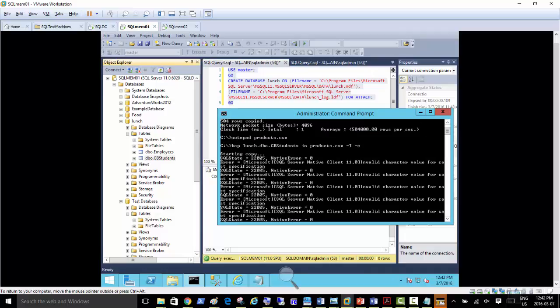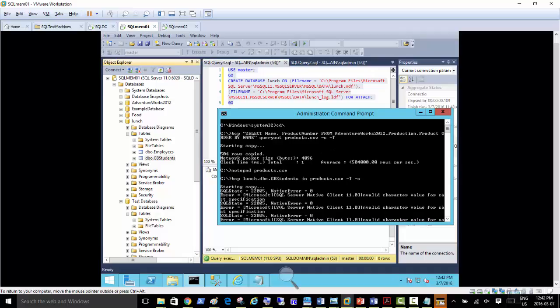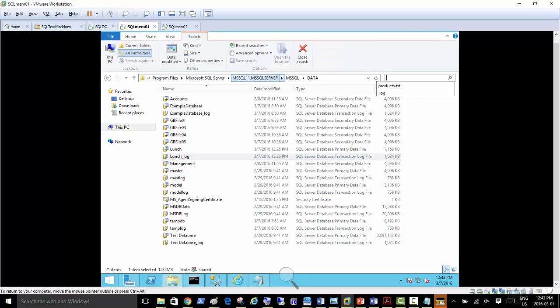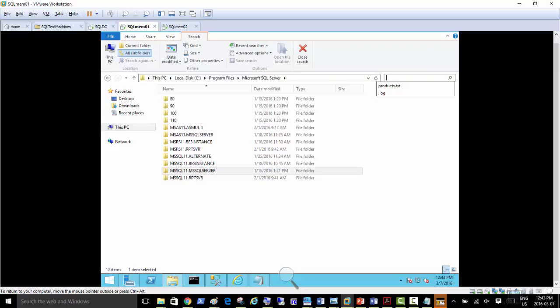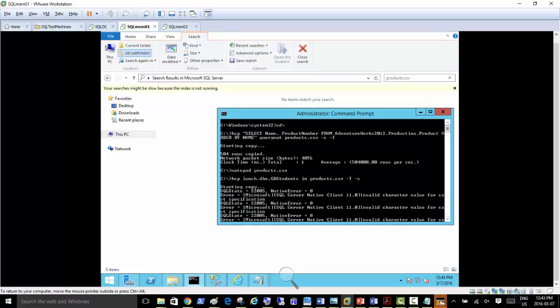BCP copy is not going to work because it needs to know where that file is. So I'm just going to search for where that file is anyway. If I go and search products.csv, was it products or without S?